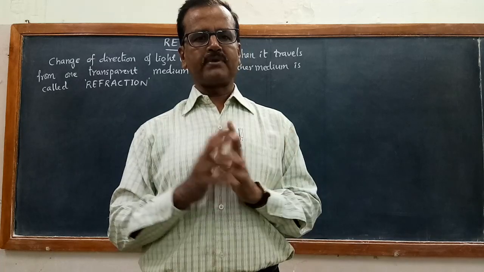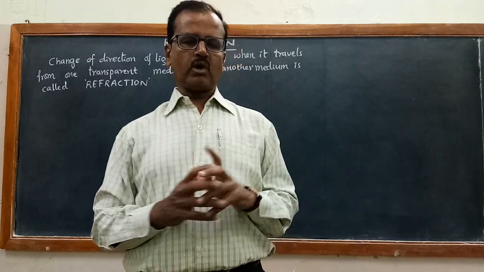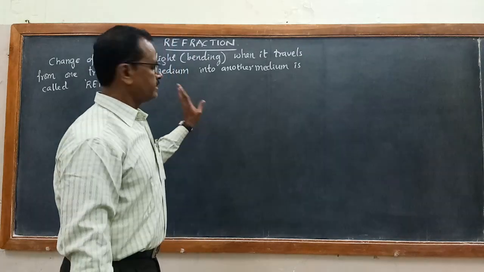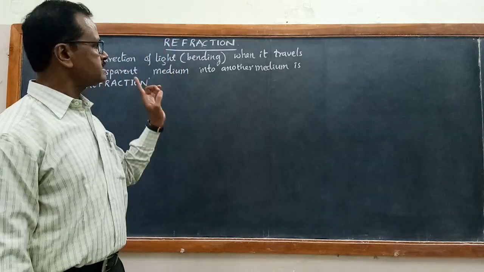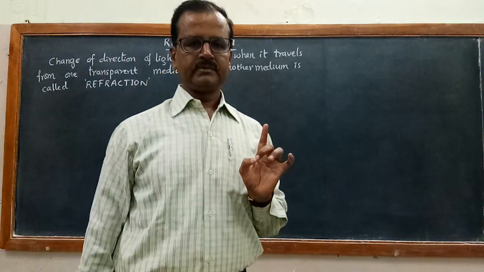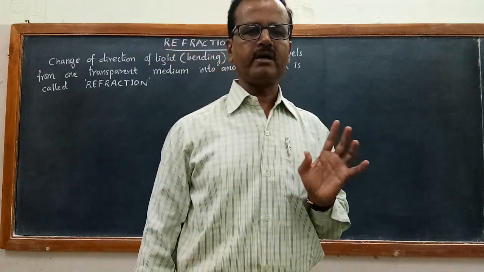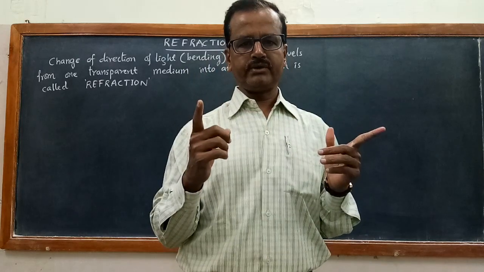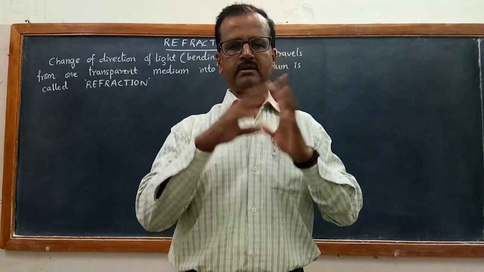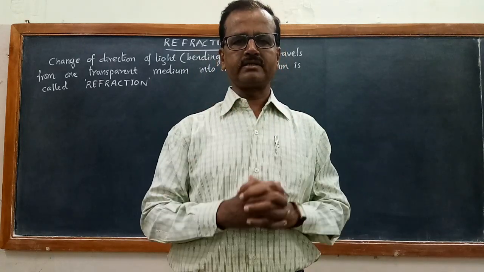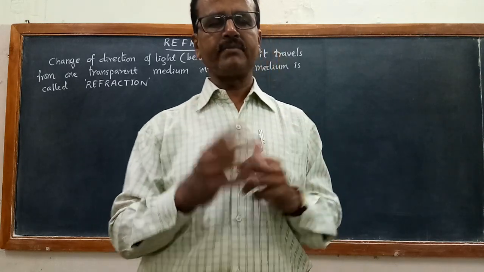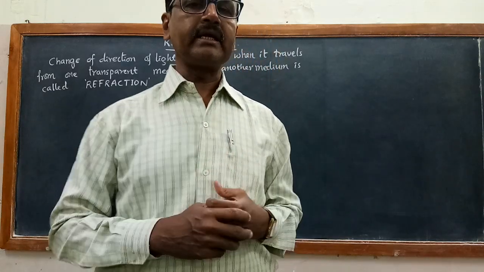So why does it happen so? The answers for all these you are going to find when we study a very interesting phenomenon called refraction. There are so many natural phenomena taking place in nature, like the rainbow that you observe, having a beautiful arc of 7 colors. It is also due to refraction and another phenomenon called total internal reflection.